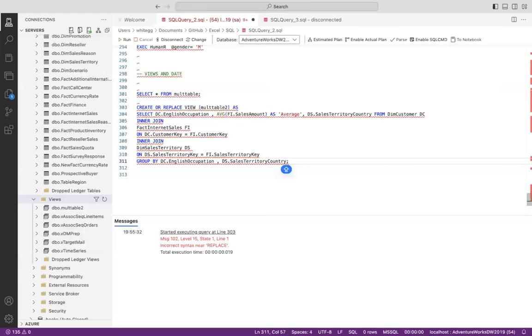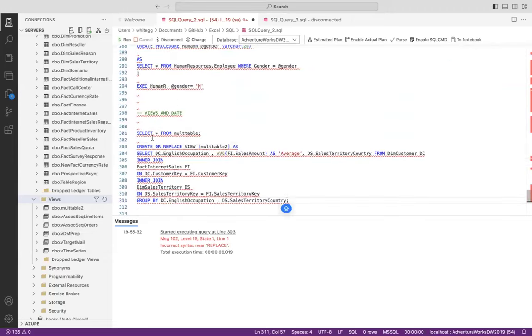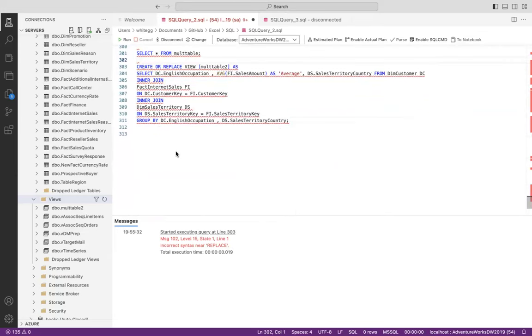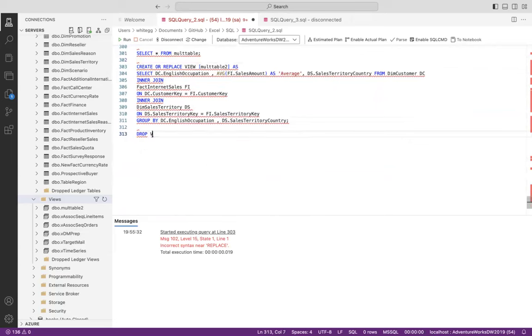So create or replace view actually replaces the view if it actually exists before. So if we wanted to delete the view the same way we created it, if we just say drop and then the instance we want to drop and the name of the instance, which is this. So drop this and then say